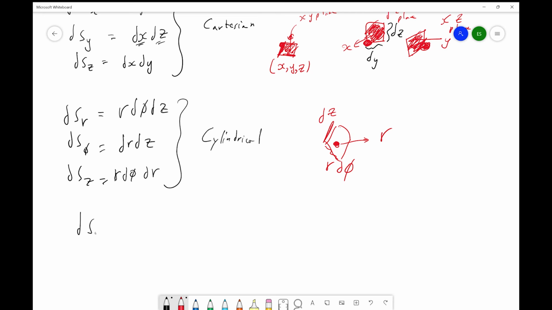The surface element that is oriented in the same direction as the capital R coordinate. The surface element that is oriented in the same direction of the theta coordinate at the point. The surface element that is oriented in the same direction as the phi coordinate at the point. And remember, in 3D space, there are always going to be three orientations of any small surface. So dS_r,